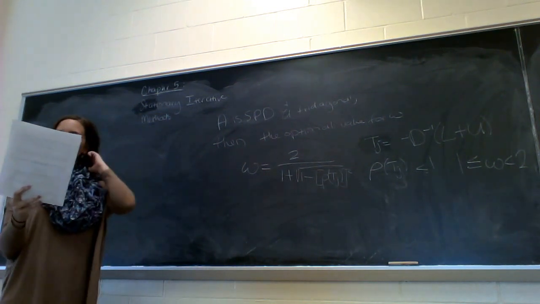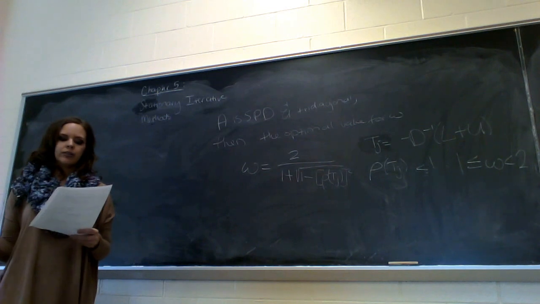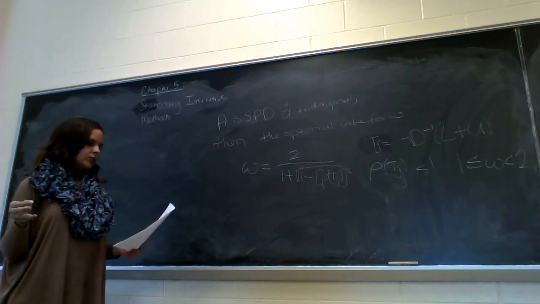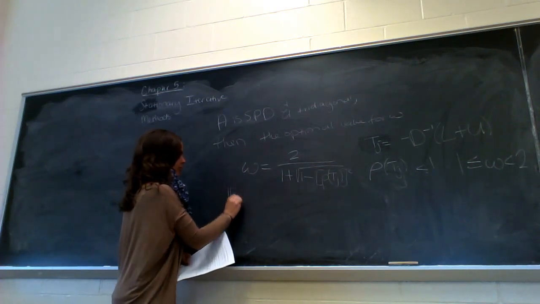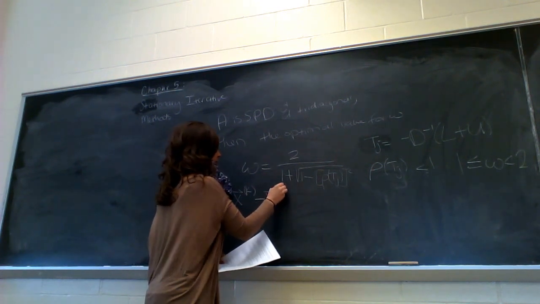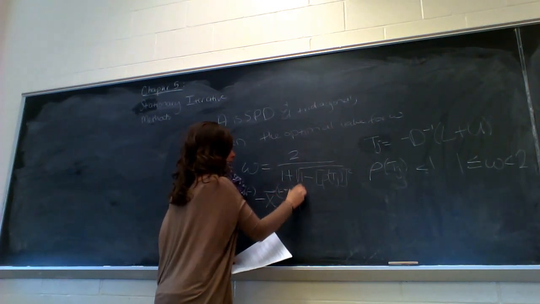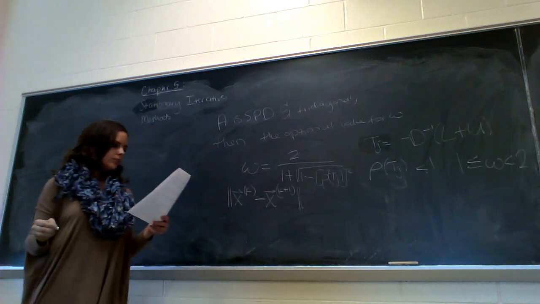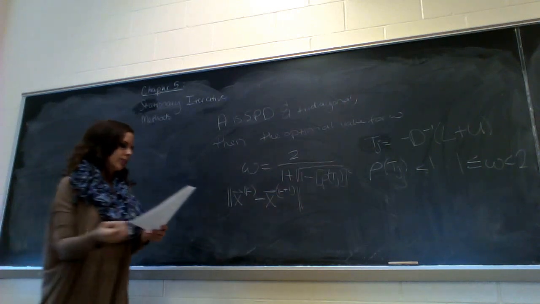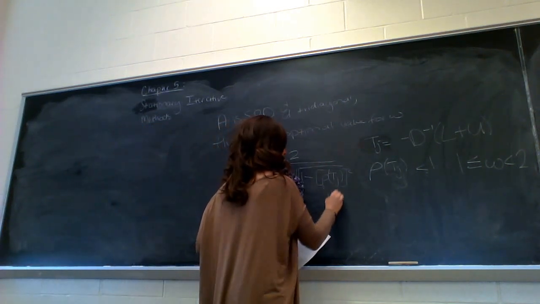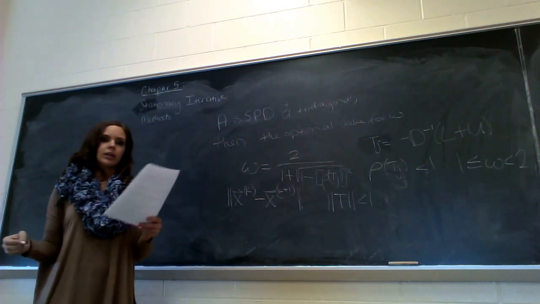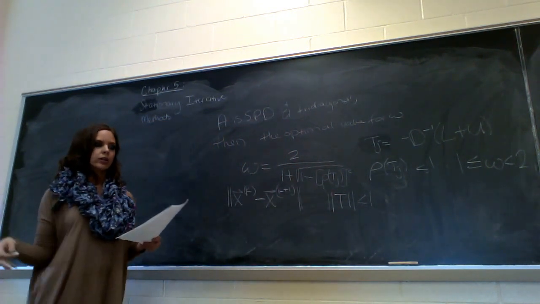So now a natural stopping criterion for any iterative method is to just check and see if your iterations are converging. So if we have the norm of xk minus xk plus 1 is less than some tolerance, that's how we would check to see if our iteration is converging. However, if we have the norm of T less than 1 in any natural matrix norms, so any of the induced